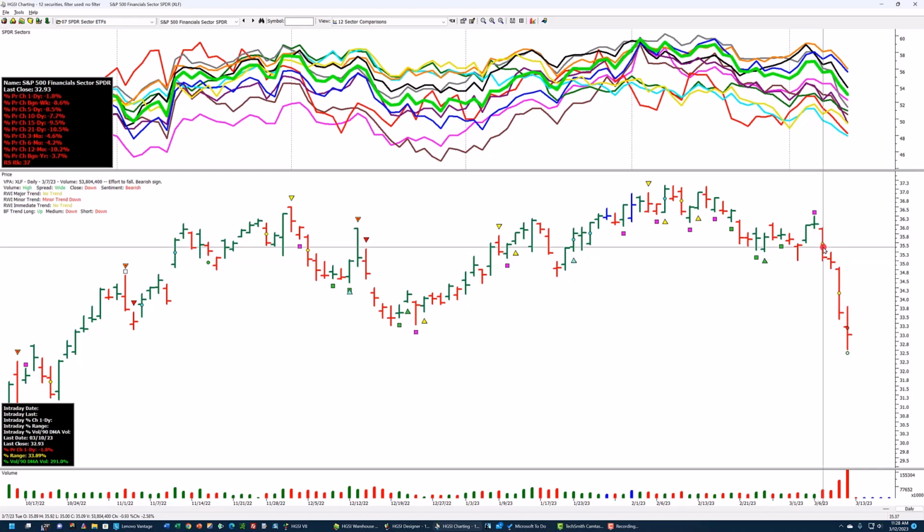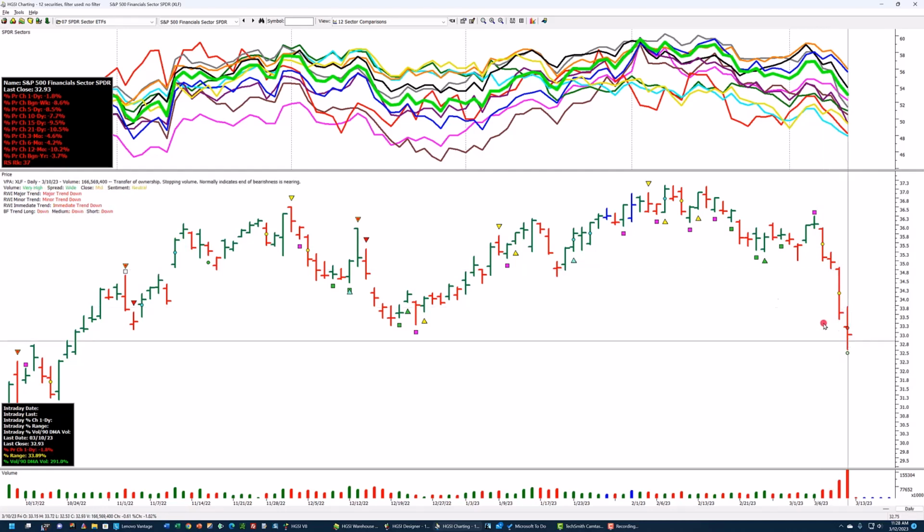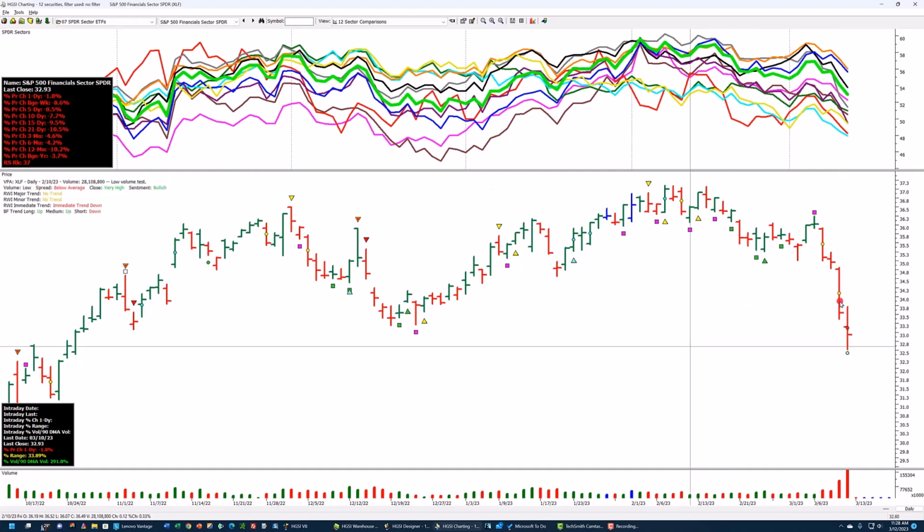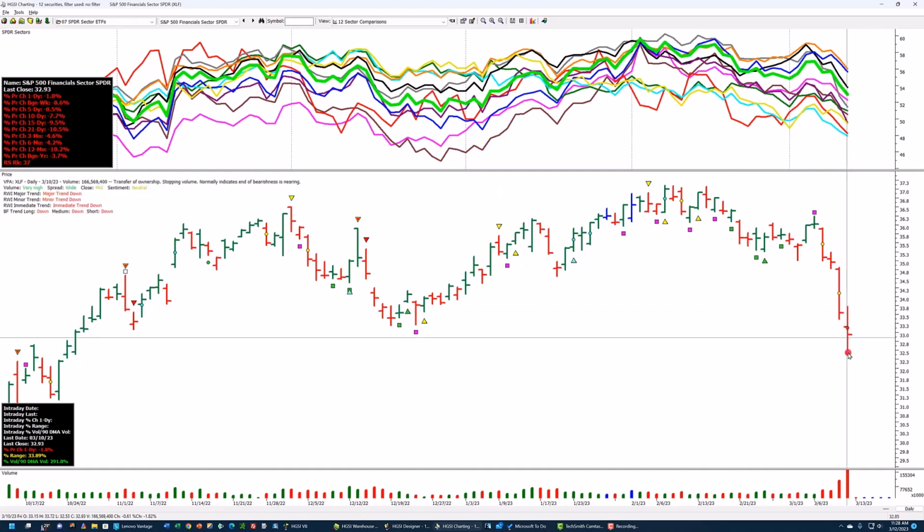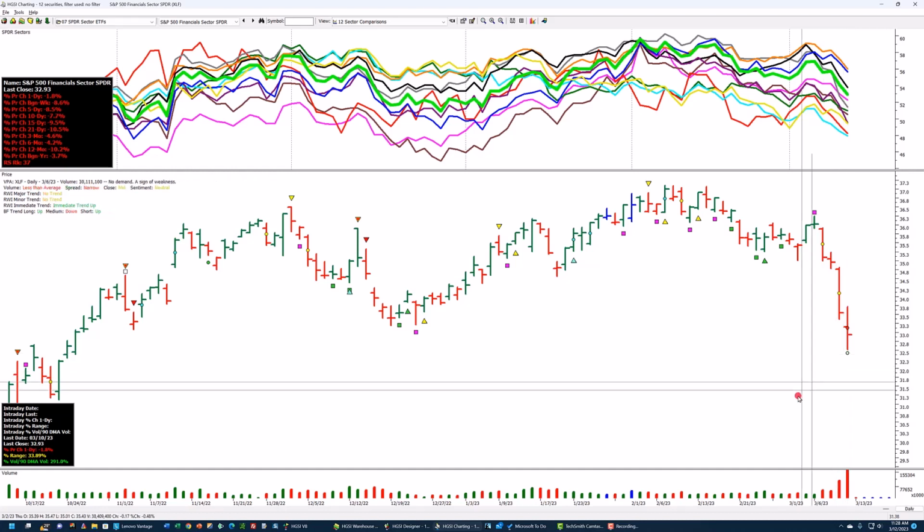There was an effort to fall, and all of the sectors were falling at the same time. Volume was increasing, and then as the days went along, volume was down a little bit this day, but on Thursday, massive volume, and then huge volume here on Friday. But notice there's a stopping volume VPA flag here now. That doesn't mean it's over. It just means that